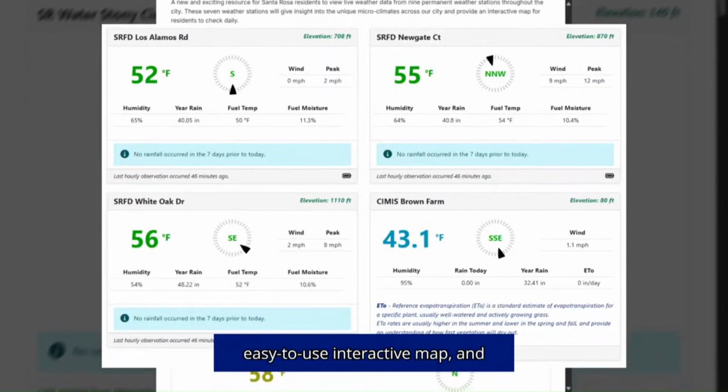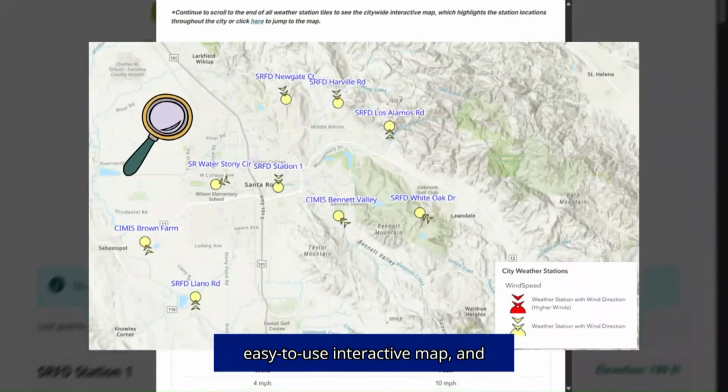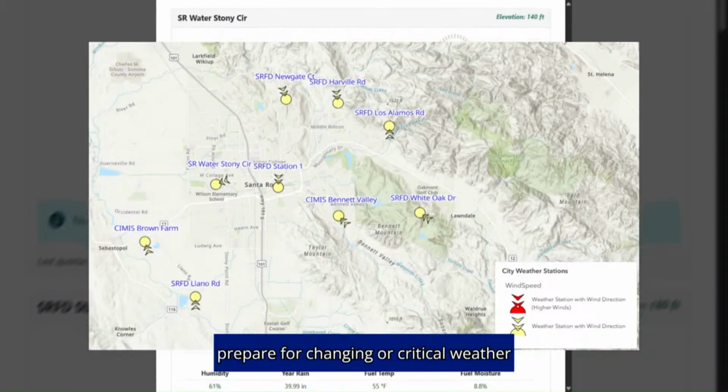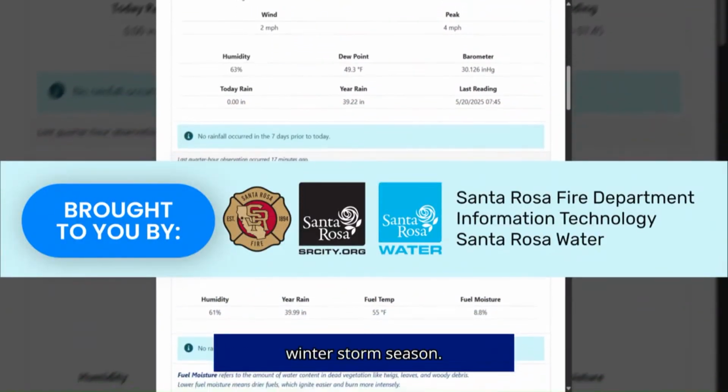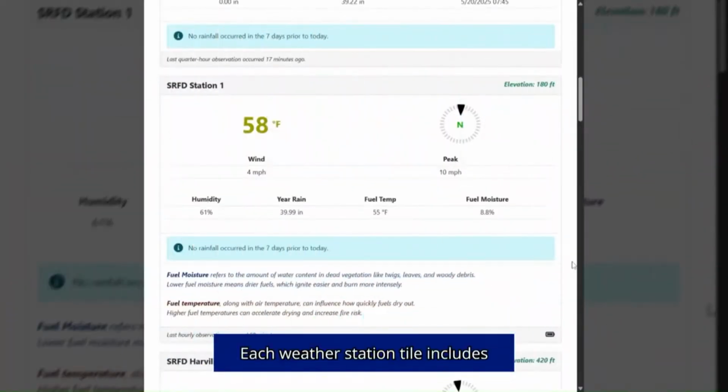City, an easy-to-use interactive map, and information about how residents can prepare for changing or critical weather conditions during wildfire season or winter storm season. Each weather station tile includes helpful weather data including temperature,